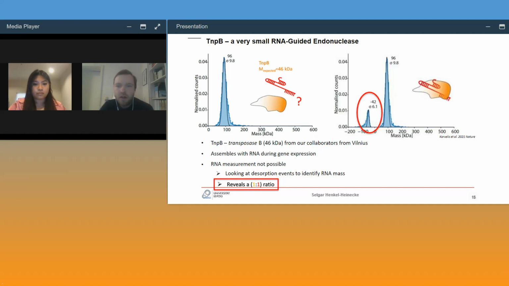Yeah, of course. I think this is again regarding this TNPB. So the conclusion was, or how did I get to this conclusion? So I measured first the complex, which was assembled already, and this was the only information I got, and then I measured the 96 kilodalton, and the next step then was to look at the desorption events, which are here encircled in red,